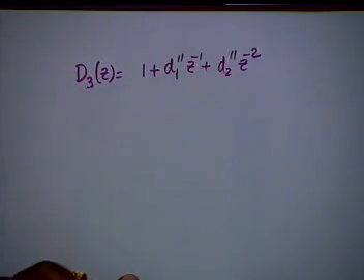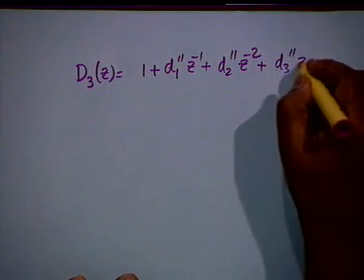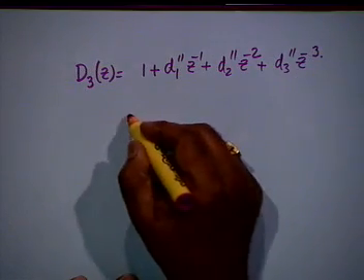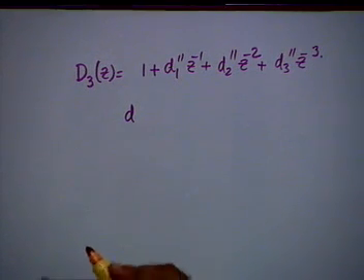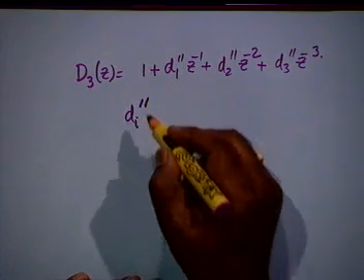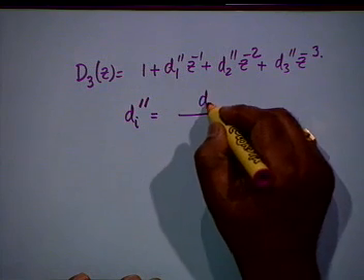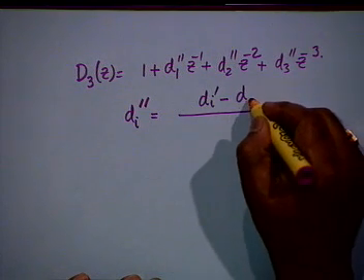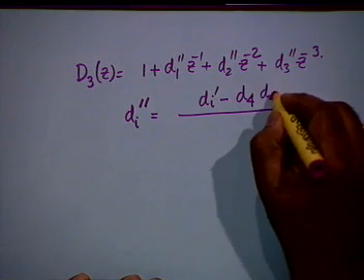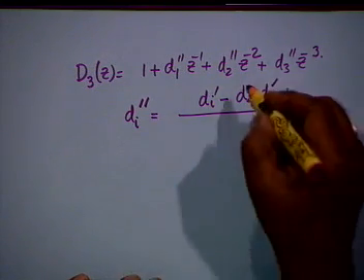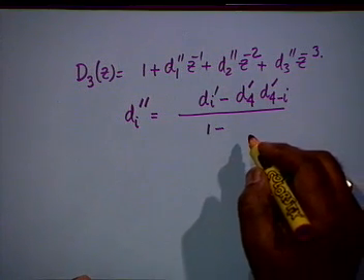You can divorce capital A3, you are only concerned with the denominators, because numerator you can construct, plus d3 double prime z to the minus 3. I have written correctly, spoken wrongly. And the formula now shall be di double prime, do not confuse, di double prime shall be equal to di prime minus d4 minus i prime divided by d4 prime, 1 minus d4 prime squared.